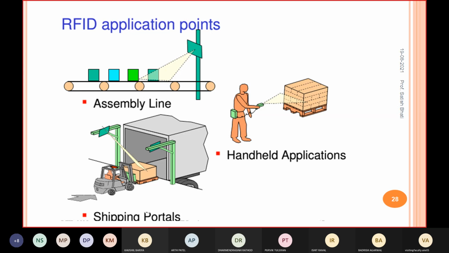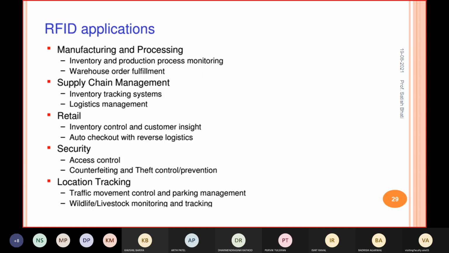Then if you paste an RFID tag on this box, without opening the box you can find information related to that box, like what is inside the box, what is the quantity of the item inside the box, right? So all that information you can get. In such an application also you can use RFID, right?